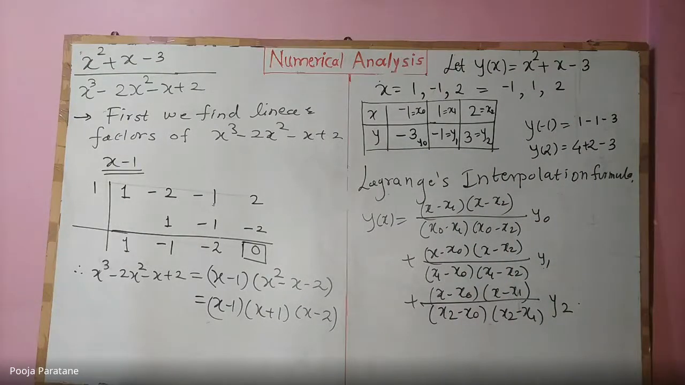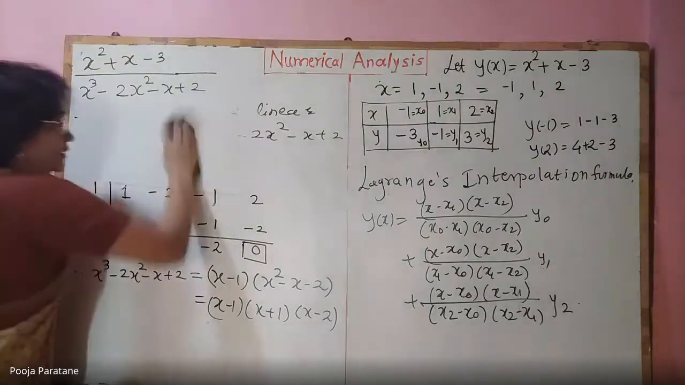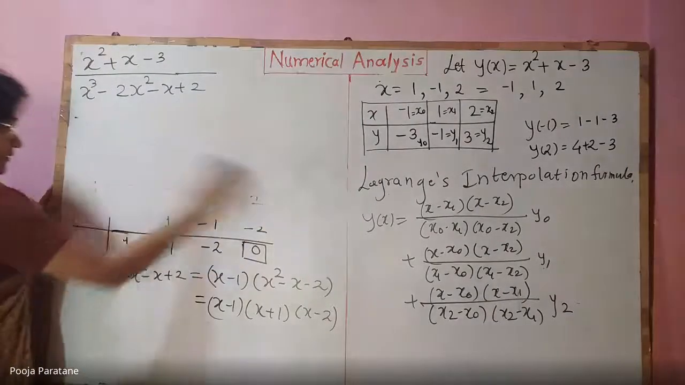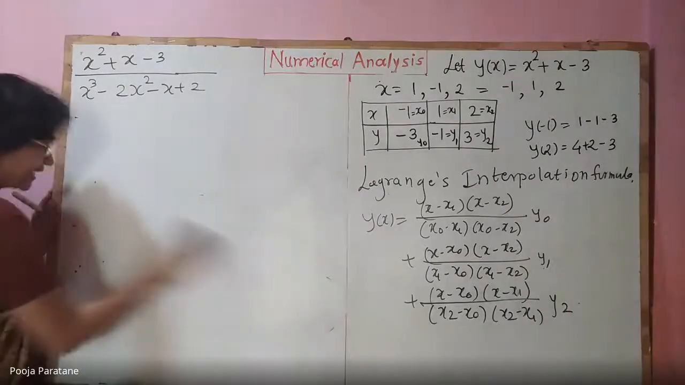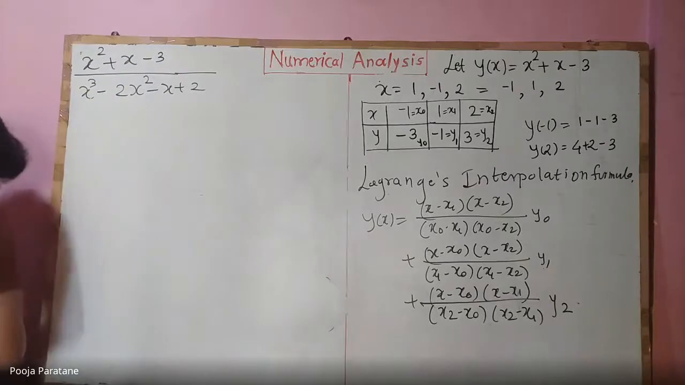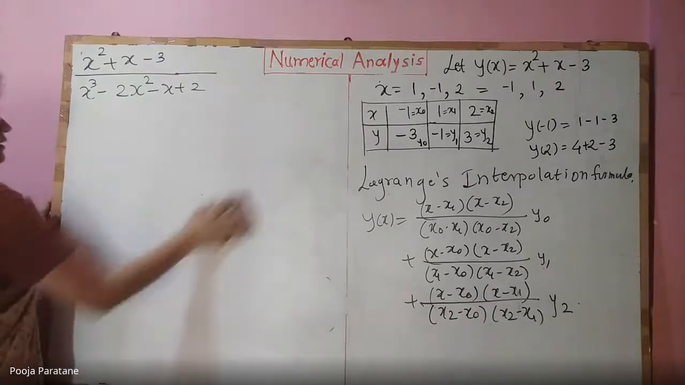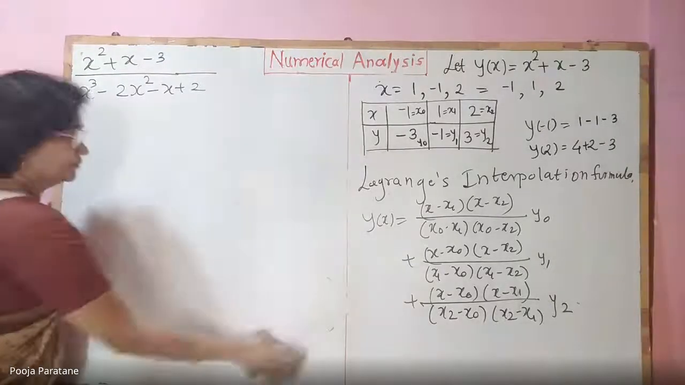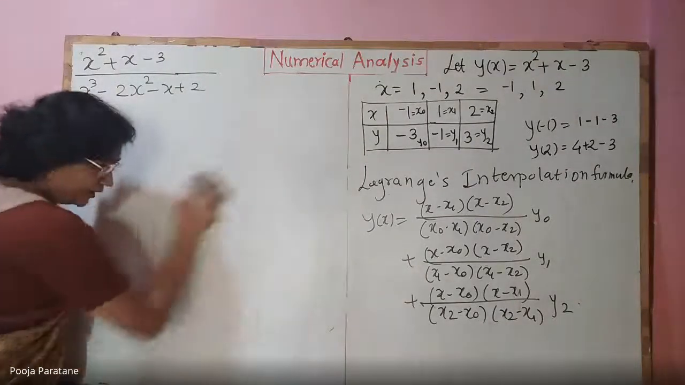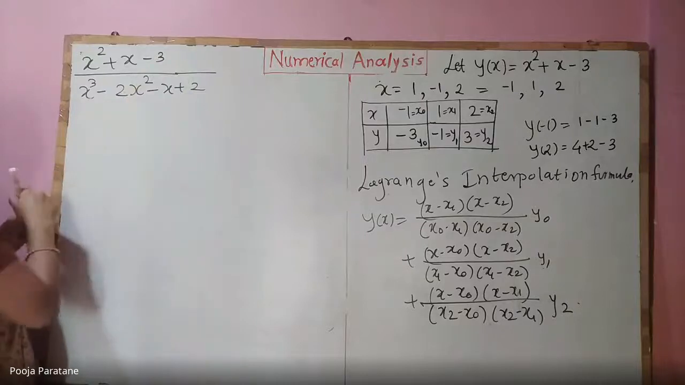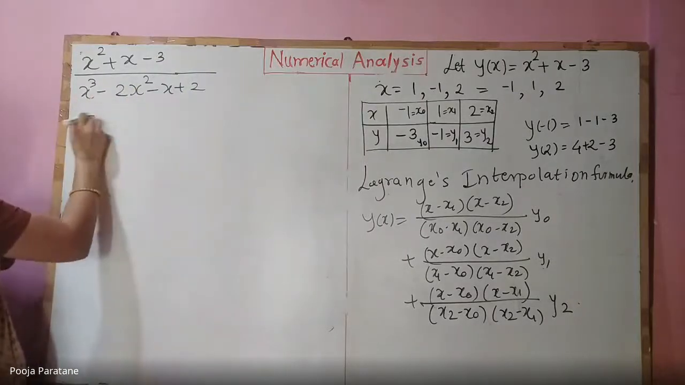And now you just have to substitute the values. So automatically we get the fractions, meaning the values of those constants. Generally, when we do it the other way, we factorize this and then we write it as A upon